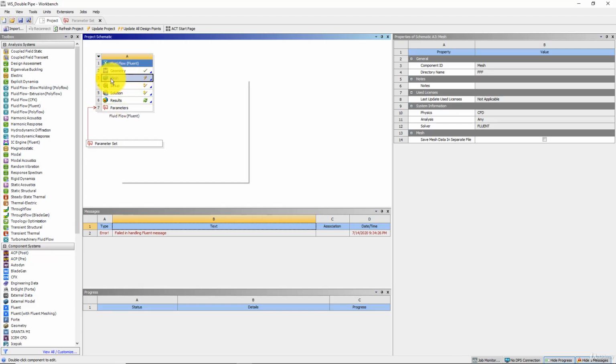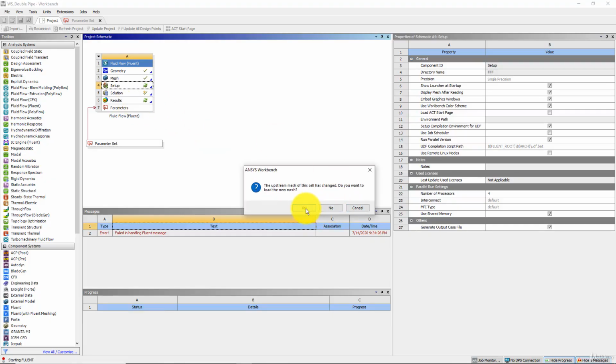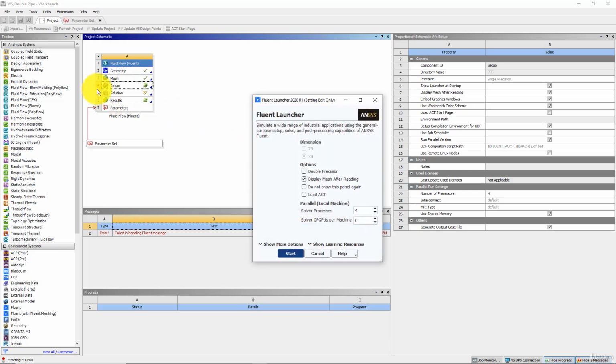and from Workbench I'm just going to update the setup first. Or even before that, we have this lightning sign here. So right click here and click on update. And now I'm going to use the setup option and open it by double clicking, and this will read all the changes we have made in the geometry and the mesh, whatever changes we have made. And now start,